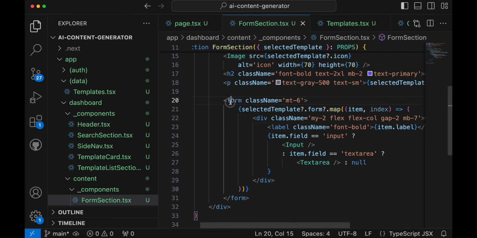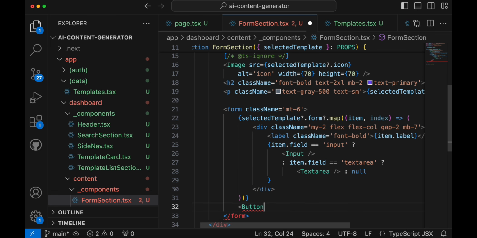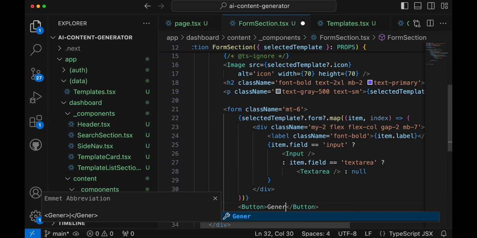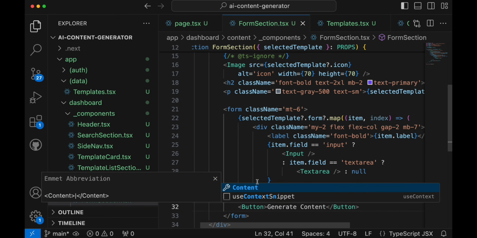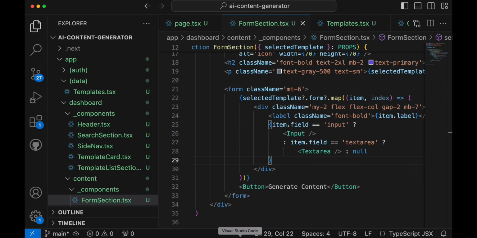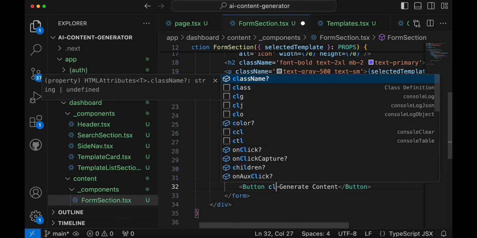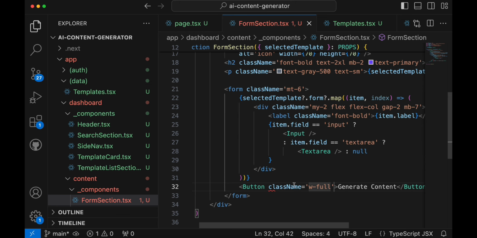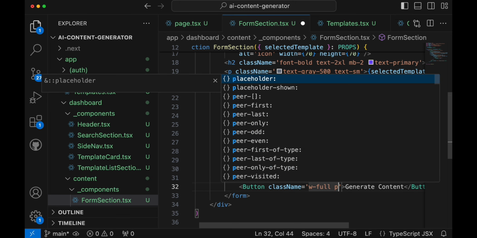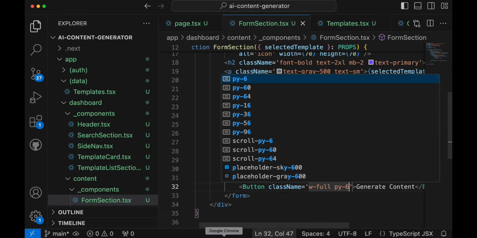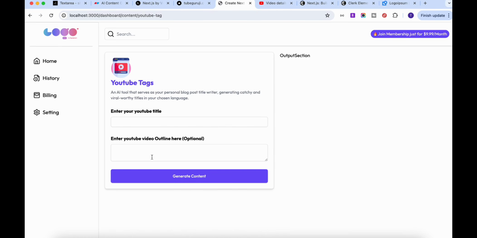Now outside of this form, not outside but outside of this particular map, I'm going to add a button, and this button will say generate content. Let's see how it looks. Perfect. Now I will make this width full and then we'll give padding y 6. Perfect. Now next